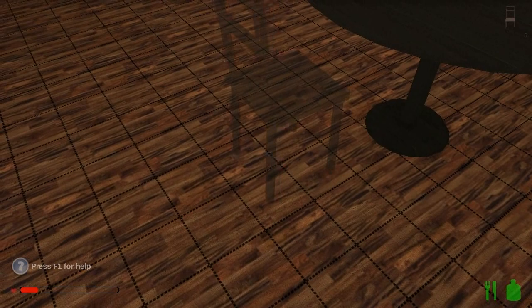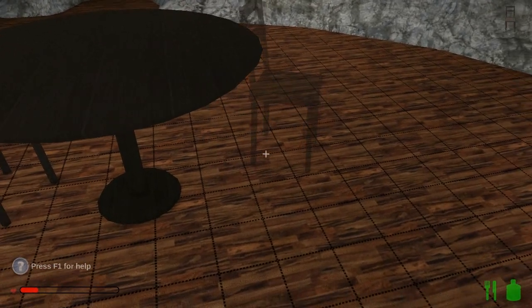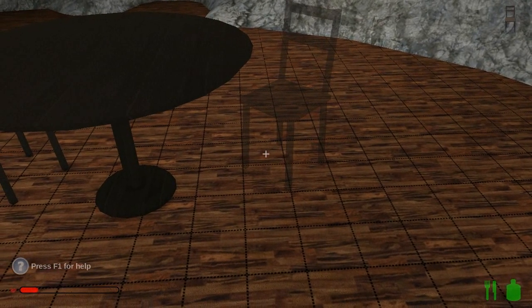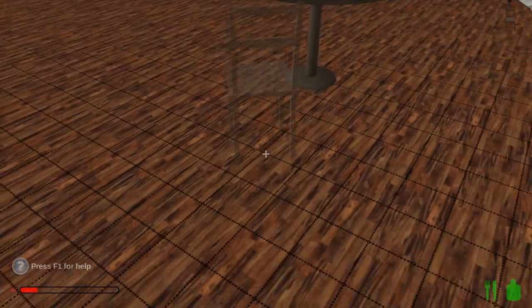Maybe I'll put the chairs kind of facing outwards like that. One like that, and one like that. Is it going to be pushed in or sticking out? Maybe right here. There we go. Nice. Okay, I'm going to put them...